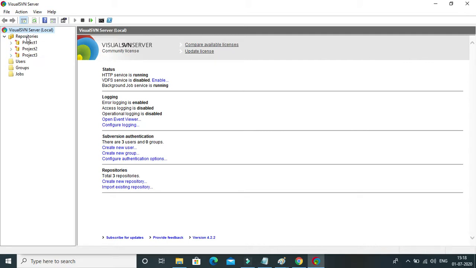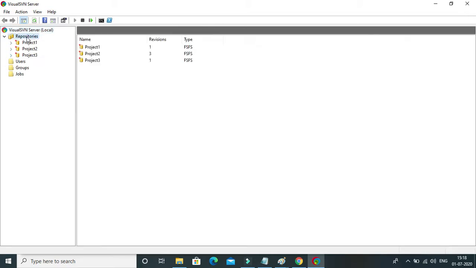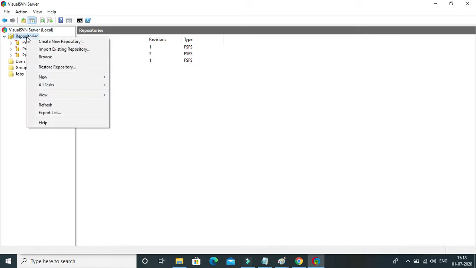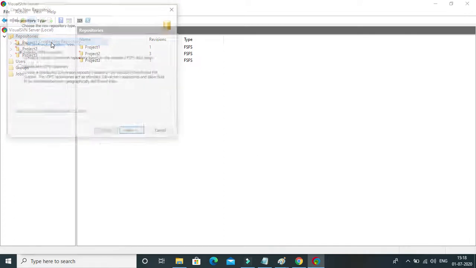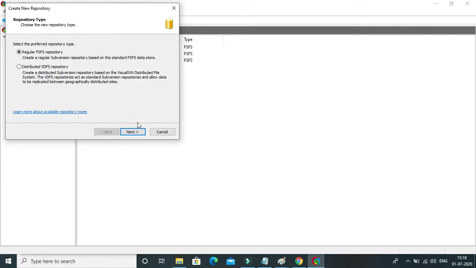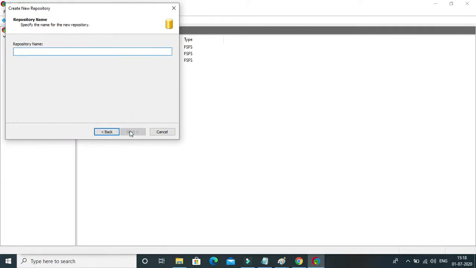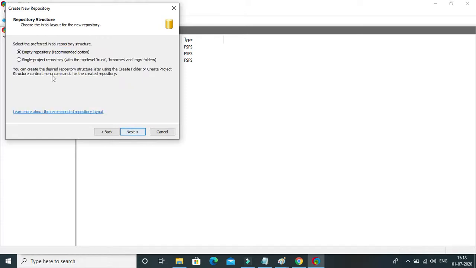Okay, let's start to create our repository. I will create a new repository in this. I click next, then I write my repository name, like minipros1. Then click next. Then I will choose a single project repository.